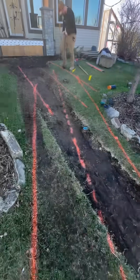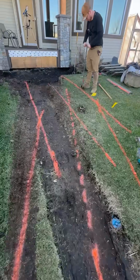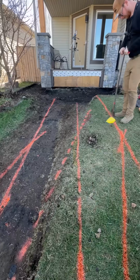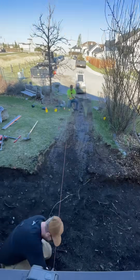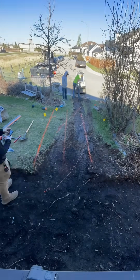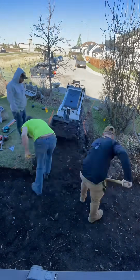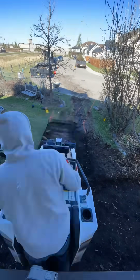So we're going to square off the front step for this straight section. That's going to determine where that's going to go. And then we picked a spot that we wanted the bottom to line up, and that's in between the two flower beds where the trees are. And once we establish those lines, then we put some paint on the ground, we find our intersecting lines, and